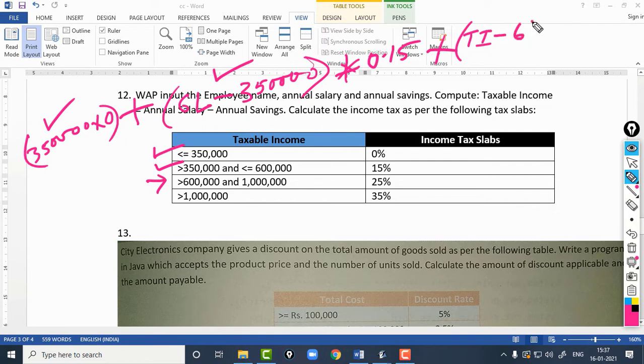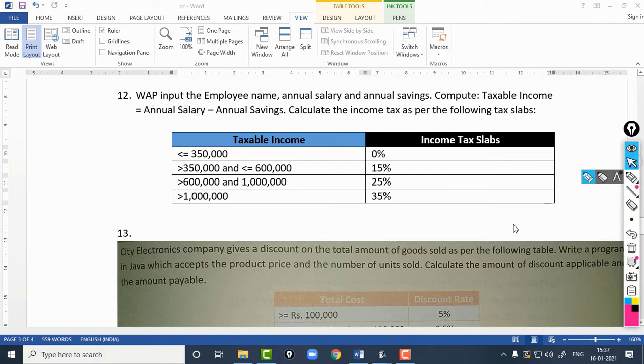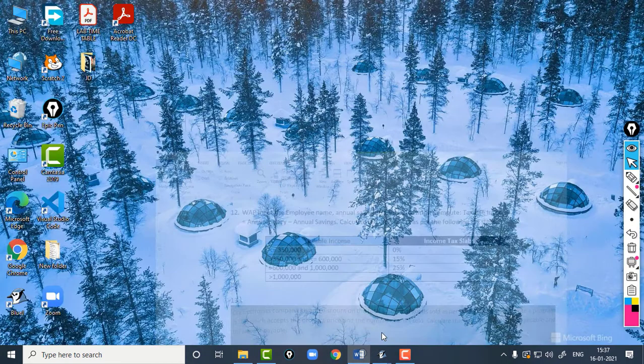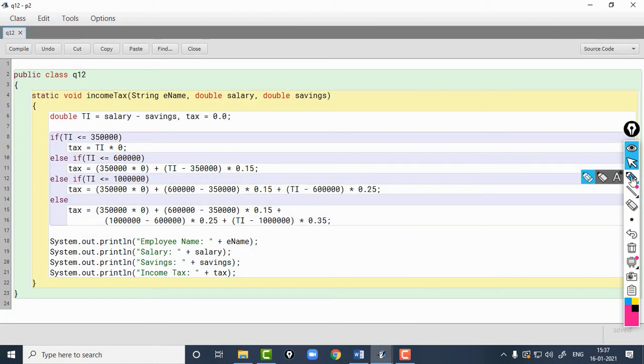So from TI we are going to subtract 6 lakhs: TI minus 6 lakhs into 25%, which is 0.25. That is the reason why I have done 3,50,000 into 0, then 6 lakhs minus 3,50,000 into 0.15, and TI minus 6 lakhs into 0.25.